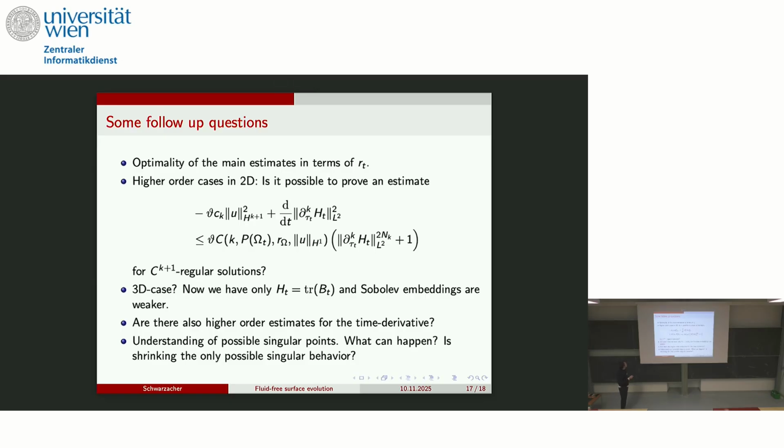So the question is the optimality. In some sense, it's optimal with respect to this picture. In this case it is a sharp counterexample to the estimates, so that you cannot do much better, at least in some sense. And then the question is whether you can push this further, because we know by other results that analyticity is available. So you could expect maybe arbitrary powers here, so that you get smoother and smoother,